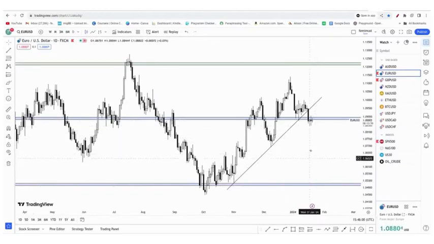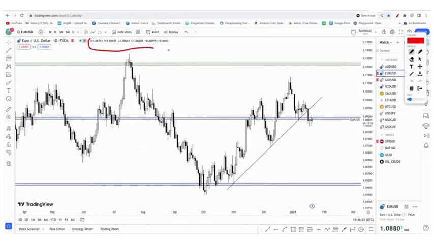Putting my cursor here shows the exact day. Today is 19th of January 2024. Just putting your cursor there, you are going to see the date, the time, everything. Then another thing to notice, you are going to see some figures here. I'm going to discuss that in the next slide. This figure here, you can see